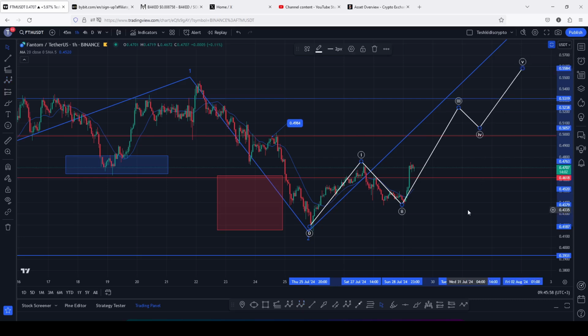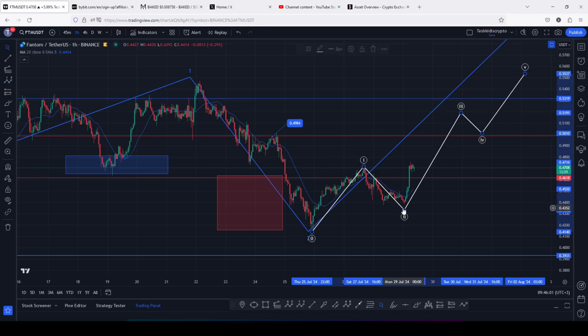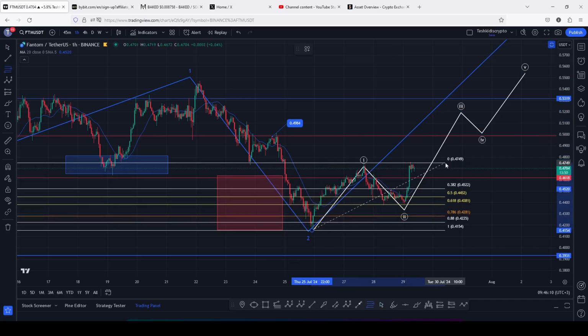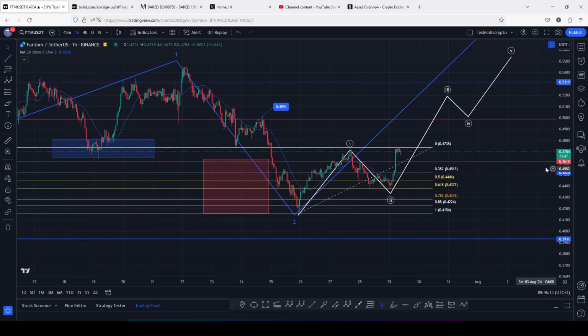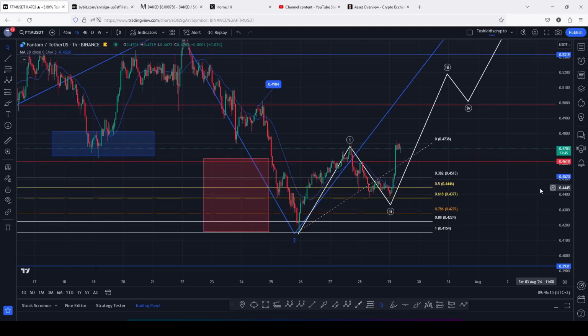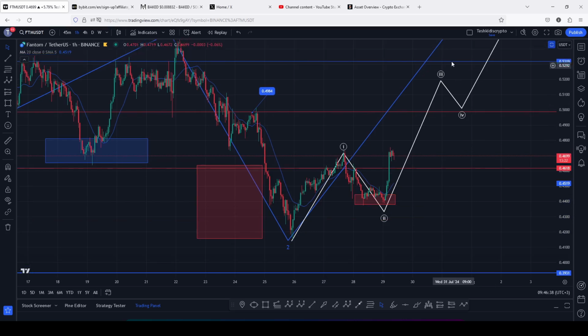And to just show you that the second wave has done the minimum that we expect a second wave to do to the lower side, by connecting the Fibonacci from the low of the first wave to the high of that Elliott wave count 1, I get a minimum pullback target area for the second wave between the fib level 0.5 and the fib level 0.618, which perfectly lies between the 0.446 and the 0.4377, which is an area that we have now fully maximized, and we are now seeing a reaction to this target area in what could now be giving us that aggressive bounce to the upside in an Elliott wave count 3,